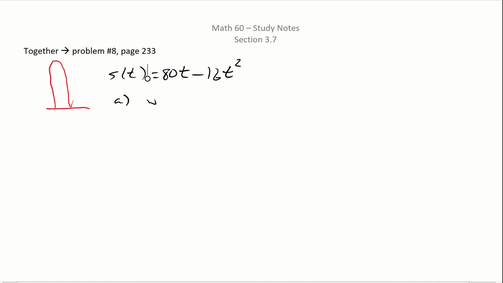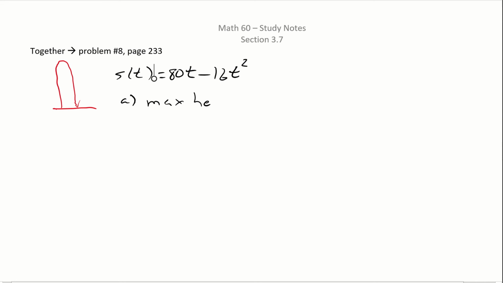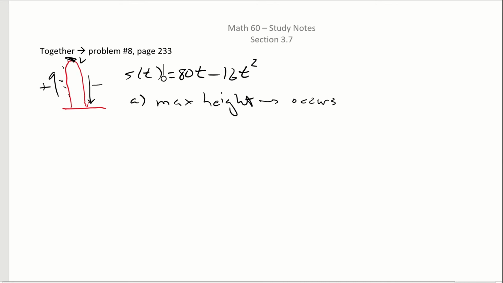A, we're going to look for max height. Well, if you remember algebra, you might remember that I would just look for the vertex of this thing, and you'd be correct. We're going to use calculus, and I'm going to assume that the max height occurs right at the vertex, where the velocity is neither positive, going up, nor negative, going down. The velocity at the top is 0,